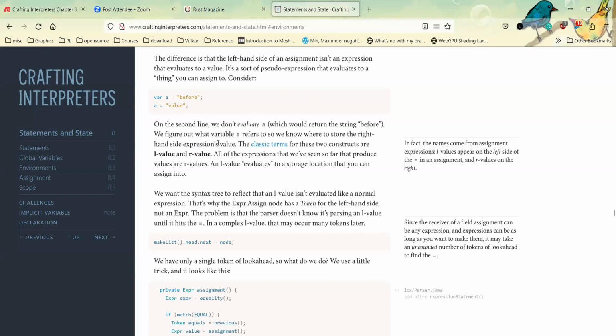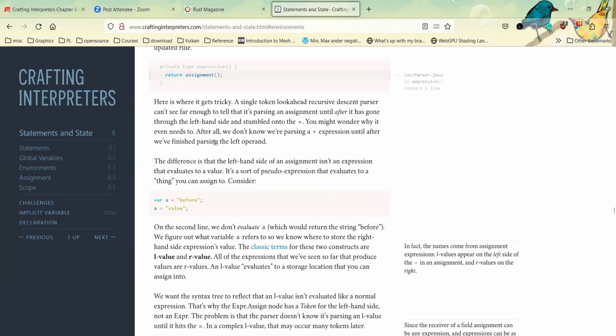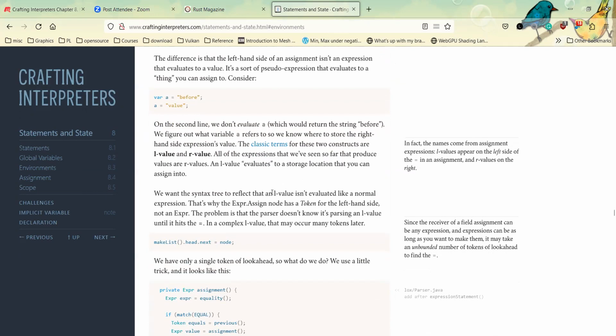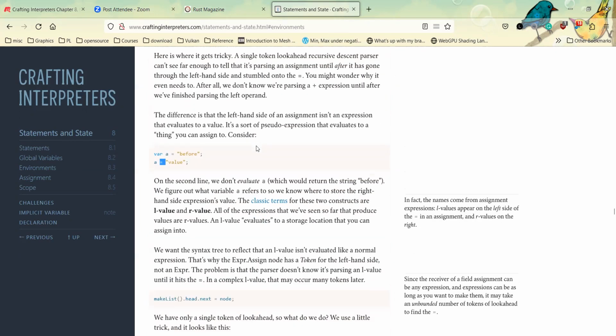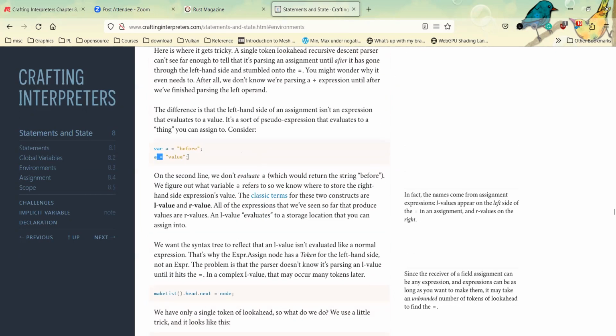And then we need to say that an L value isn't evaluated like a normal expression, because we need to decide what to do with them until we see whether it's assignment or not.